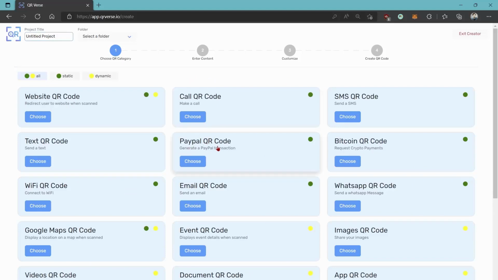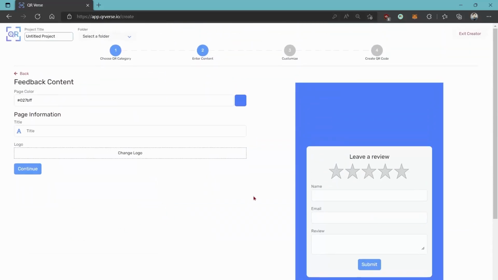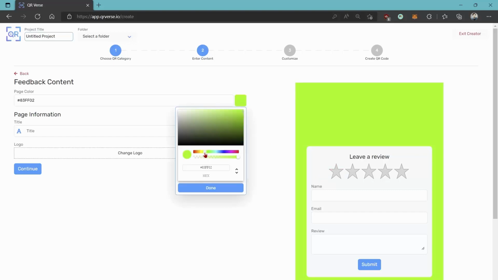PayPal will direct you to a payment link. Coupon will link you to a coupon code for something. You can create a feedback form. So as a company, your customers will be able to leave you a review by using the QR code. So you can edit the page,